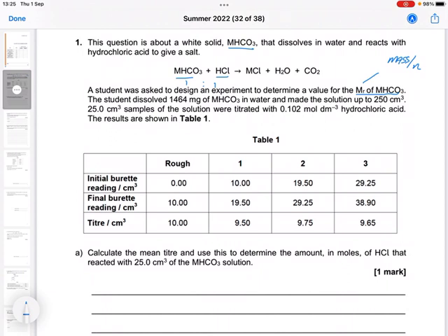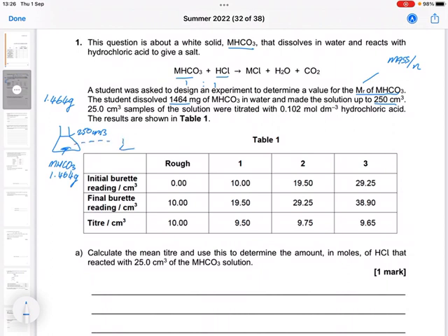The student dissolved 1464 milligrams, so that here is 1.464 grams, in water, made it up to 250 centimetres cubed. Let me draw a little picture here. So that's the MHCO3, and we've got 1.464 grams of that. It's made up to 250 centimetres cubed, and